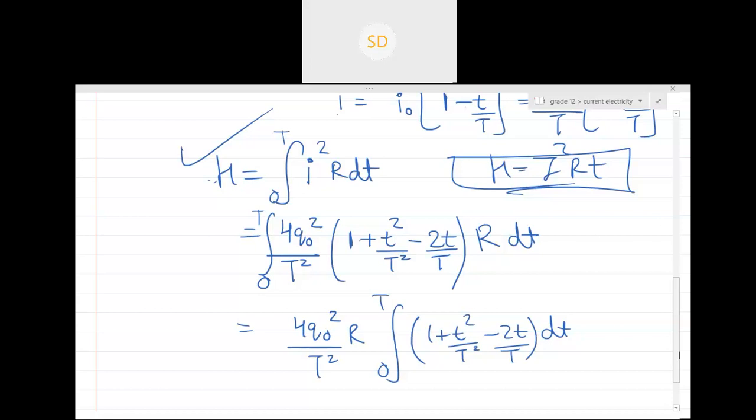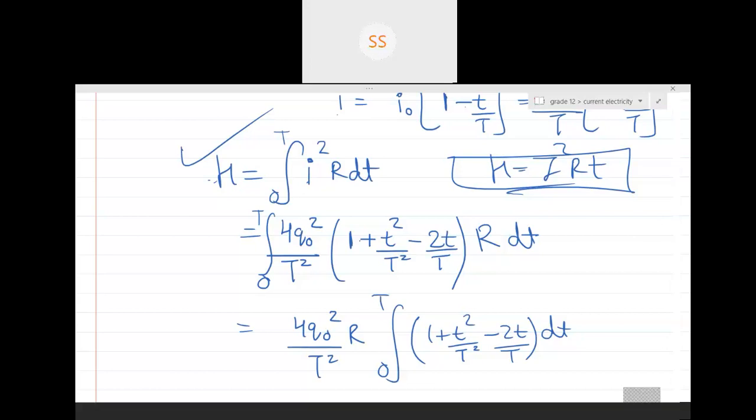NEET will not have such questions. NEET doesn't ask these types of questions because NEET asks direct questions. NEET never asks questions that make you think twice. They will ask direct questions, you will draw the forces, and you will get your answer directly. So NEET will never trouble you that much, but JEE will. Is this clear, guys? I think this will be over, and I'll just write the final answer for you.